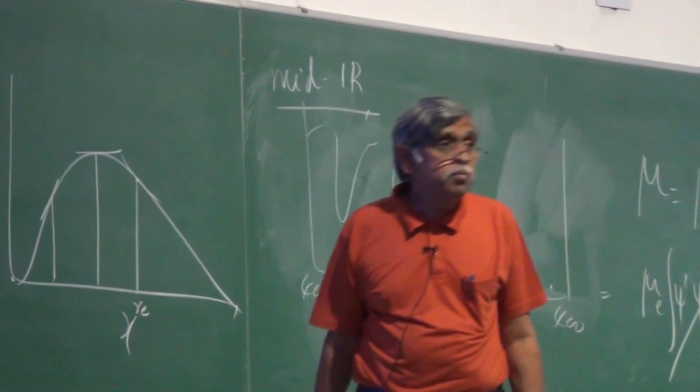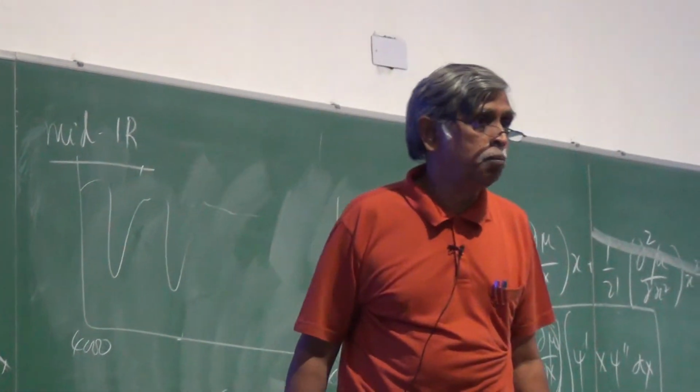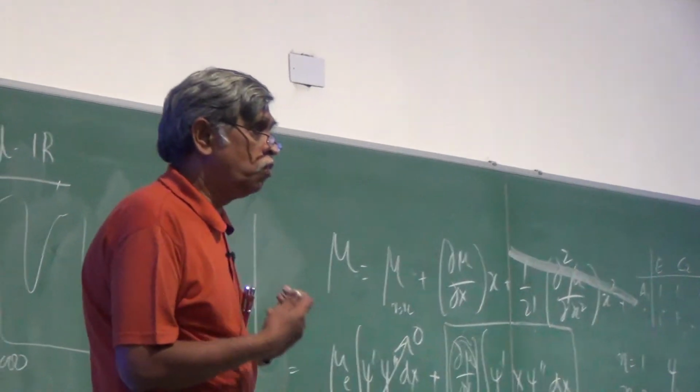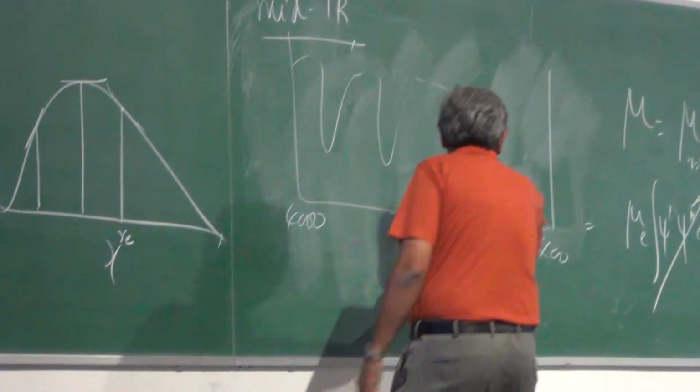So the experiments that you have been recording in the laboratory are basically mid IR experiments spanning the region 4000 to 400. And somewhere from about 1000 wave numbers or so,